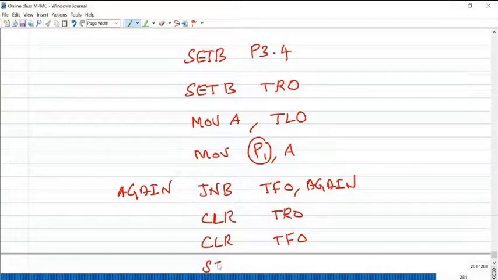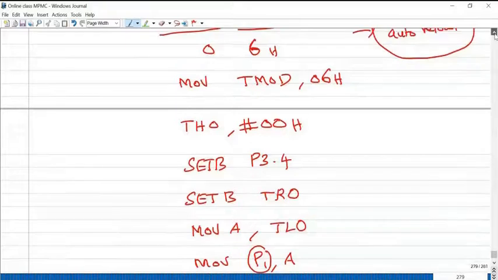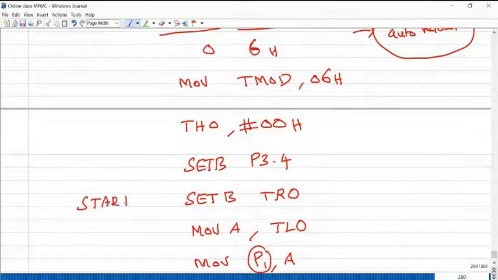Repeat the same procedure. Yes, jump. Some name you give, Start. From where, set the run control bit. Start your timer. So this is the actual program for counters.